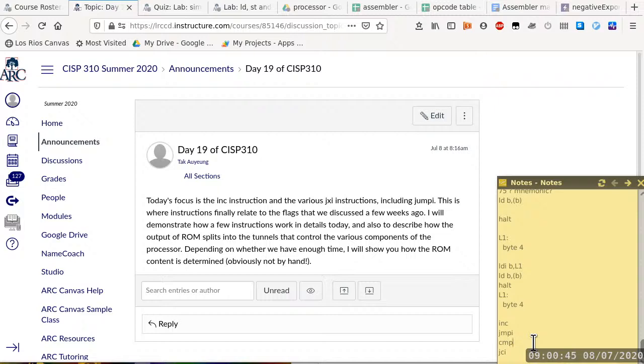There's also CMP, which is compare, and JCI, which is a very interesting instruction because it's a conditional branch instruction. Depending on the carry flag, which is also the borrow flag, it will either jump or not jump. JCI is one of the more interesting instructions because it is used to implement conditional branches, which basically